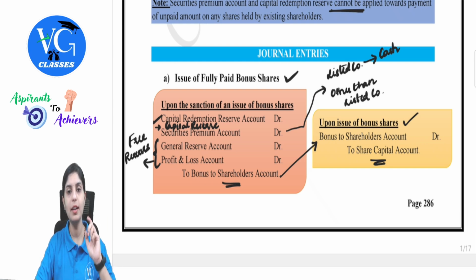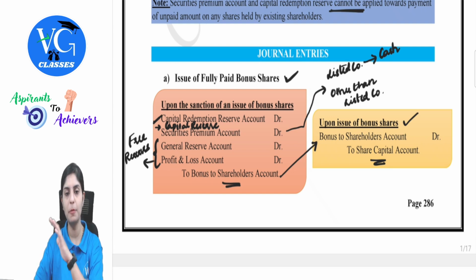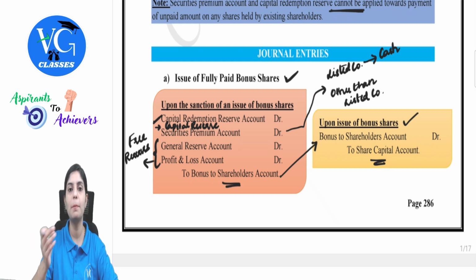Understand one important thing here. Bonus shares are available only to equity shareholders. Preference shareholders do not get an option to have the bonus issue, because it is very logical. Preference shares are repayable at a maximum of up to 20 years. So there is no point of providing bonus to them again.